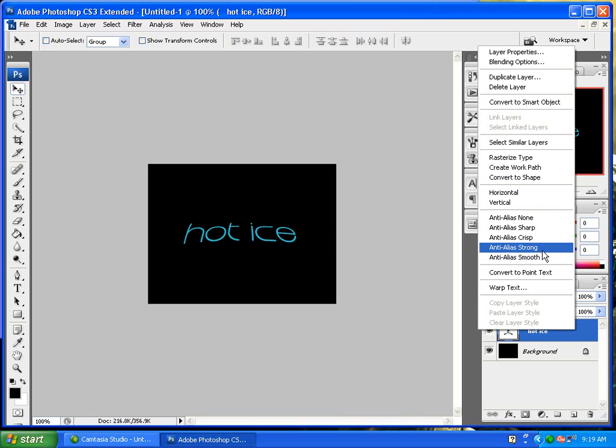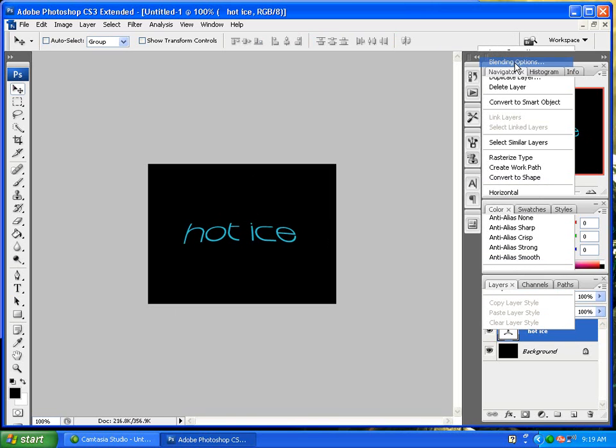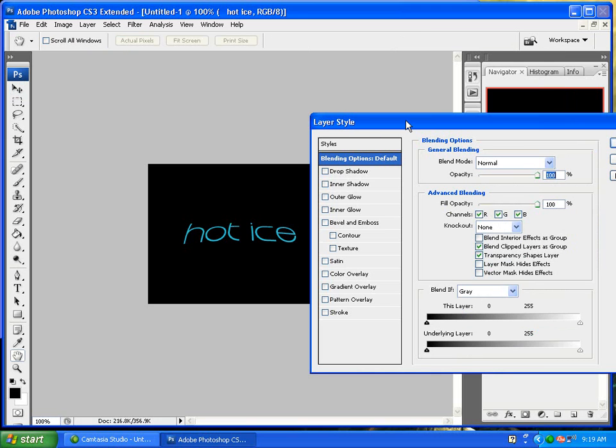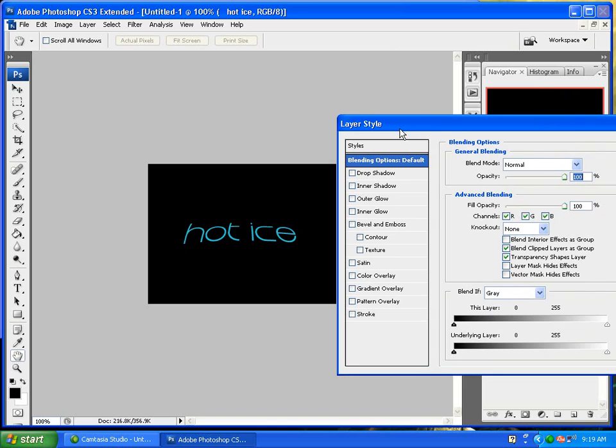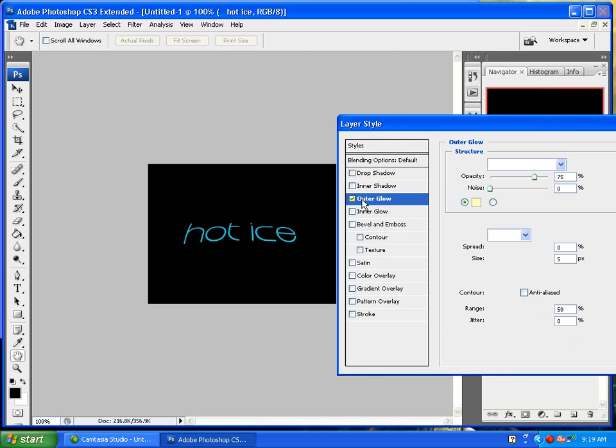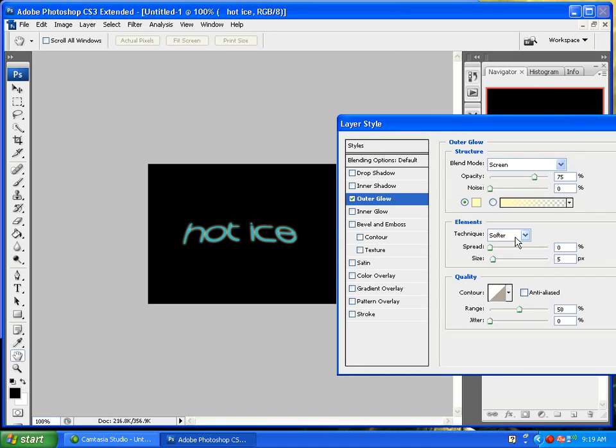Alright, now here's what you really came here for: blending options. Blending options is really fun. I used to think you could just edit it from this part right here: blending options, general blending, advanced blending, and all this stuff. But most recently I learned that if you click on the text, outer glow, you get like features. So click on outer glow,